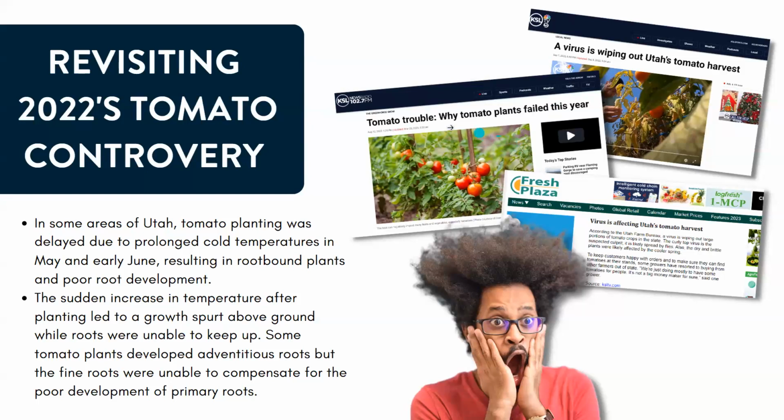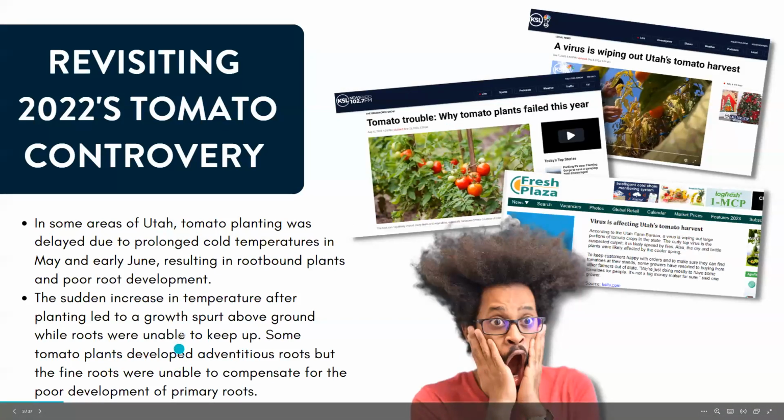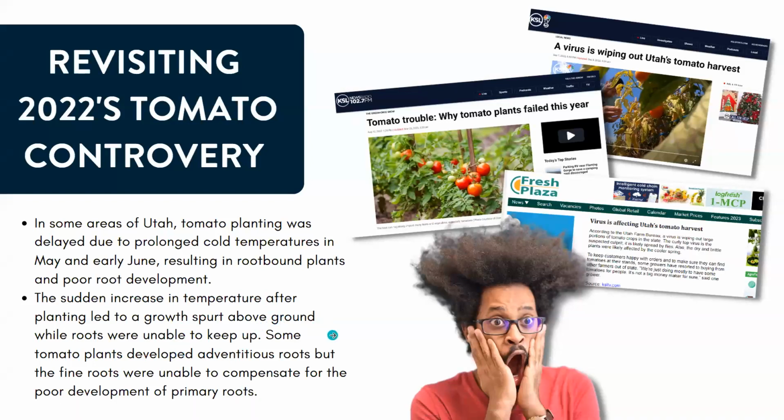more so the prolonged cold temperatures that we had in May and June that caused a lot of gardeners and farmers to wait to plant their tomatoes. This led to a lot of root-bound plants and other poor root development. But then that sudden increase in temperature after planting led to a growth spurt above ground, while roots were unable to keep up. So some tomato plants developed adventitious roots, but the fine roots were unable to compensate for the poor development of